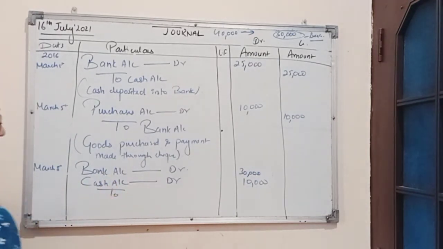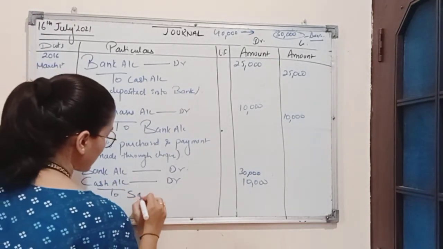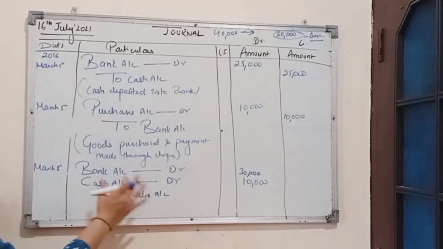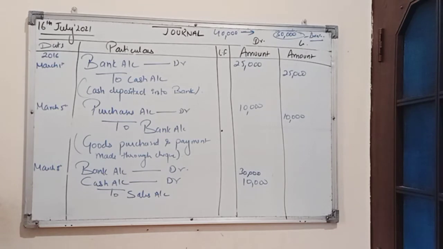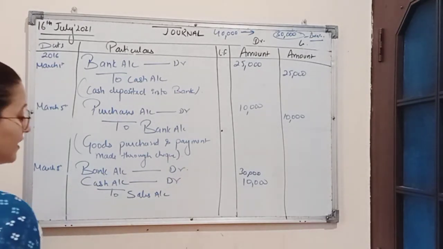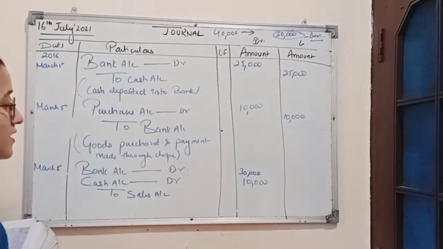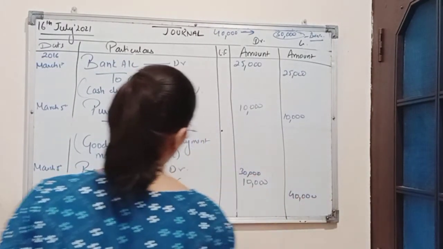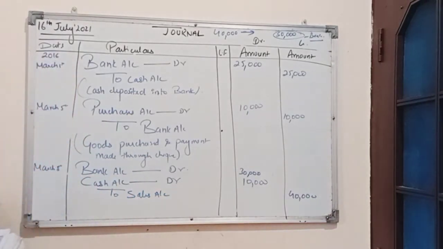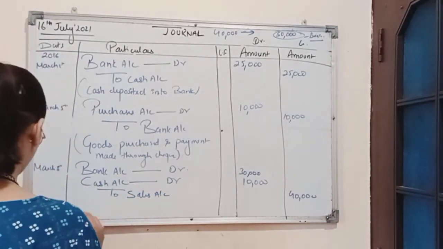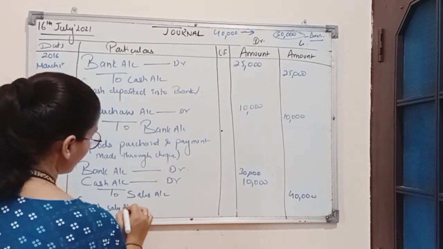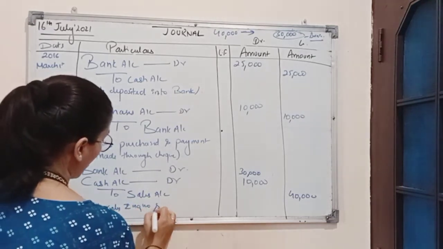Now we know as we have sold the goods, so sales account will be credited because sales is an income, and according to the rule of nominal account, all the incomes and gains are credited. So that is why we will credit sales account with the amount 40,000. Now the narration for this transaction will be